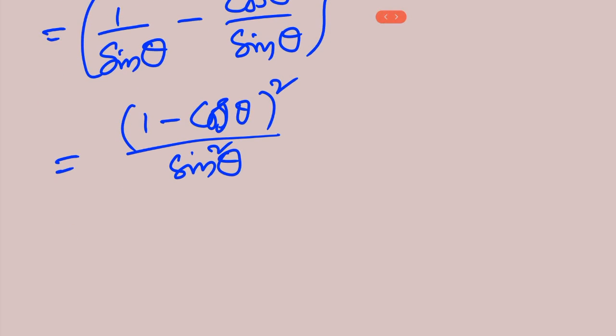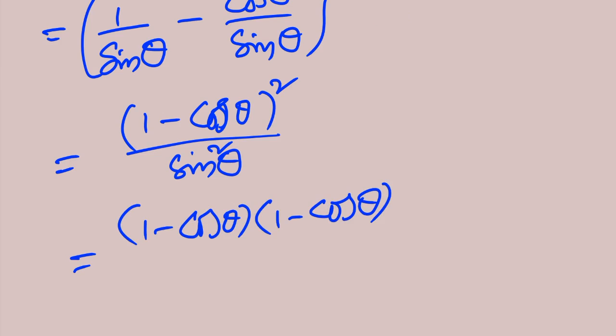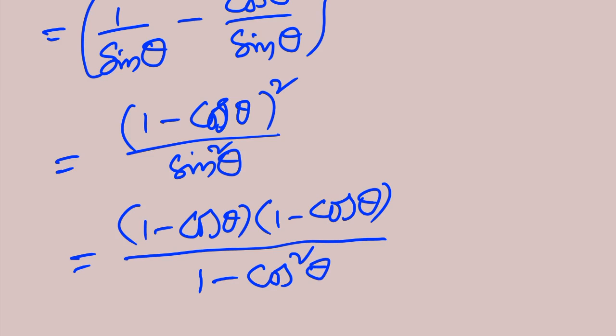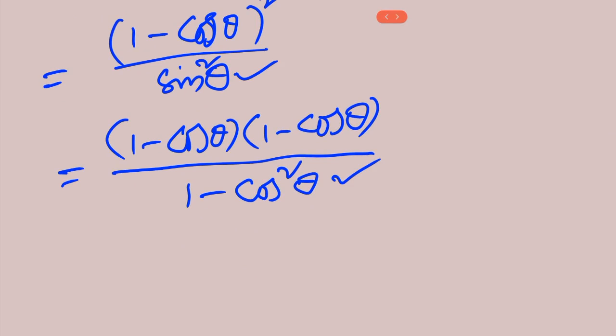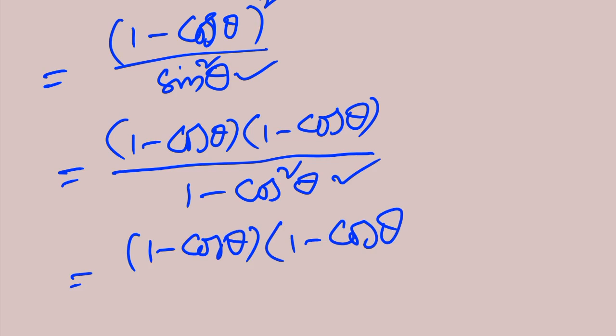After this, I can write the numerator as 1 minus cos theta into 1 minus cos theta, because 1 minus cos theta whole square means the same expression multiplied two times, and for the denominator I can write sine square. In the place of sine square I can write 1 minus cos square theta, according to the identity sine square theta plus cos square theta equal to 1. So in the place of this I can write this. Then I can write 1 minus cos theta into 1 minus cos theta divided by,